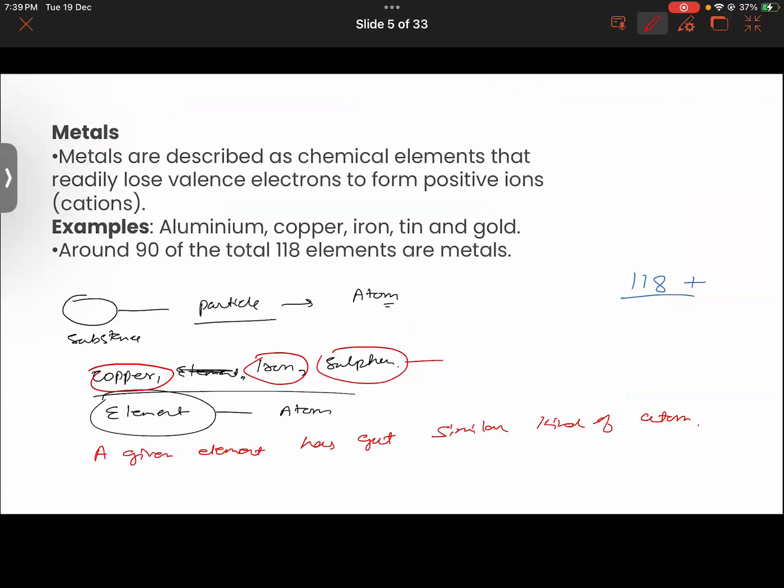Talking about metals, metals are basically described as chemical elements that lose electrons to form positive ions. So the body that loses electrons is positively charged, and the body which gains electrons is negatively charged. Exactly. So look here, whenever there is formation of a bond, formation of any given compound,